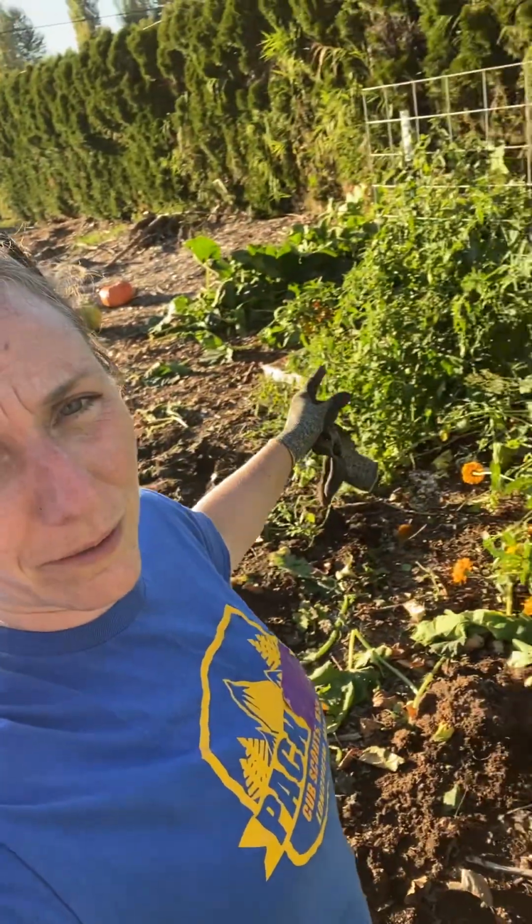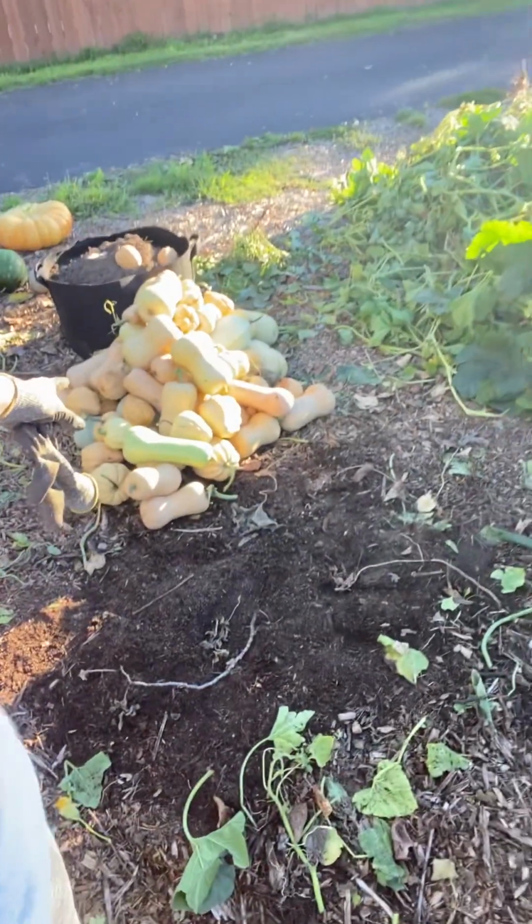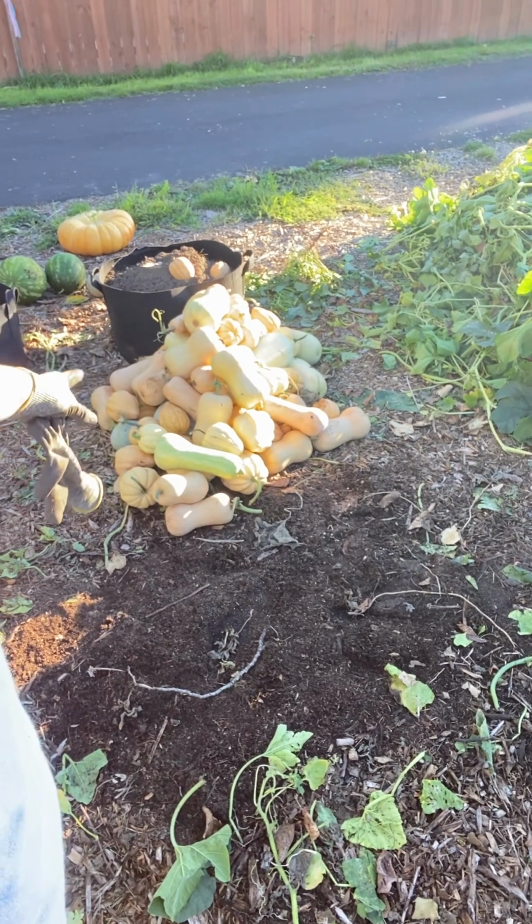On each mound I had anywhere from 4 to 6 plants, and I know that's a lot, but I have this big open space here where the vines went everywhere, and I wouldn't say it was to the detriment of my squash. I have got some mammoth butternuts and some mammoth